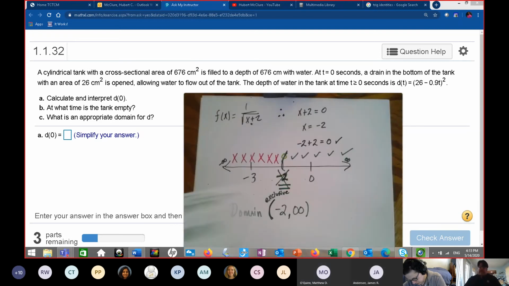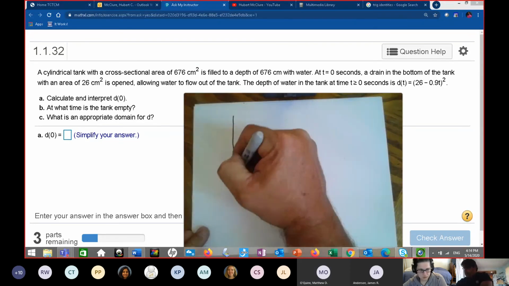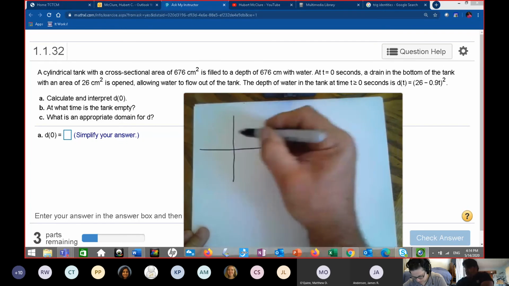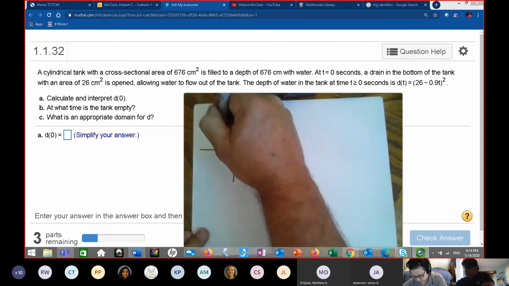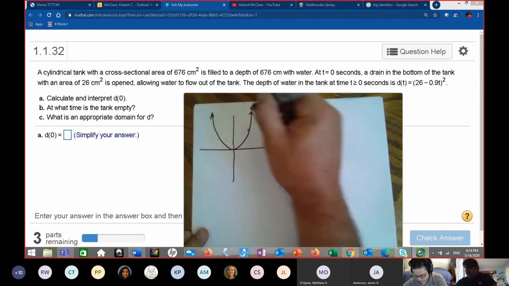Now, on the other ones, and this is where you get to the family of graphs, because when you get to the family of graph homework questions, they're going to ask you stuff like vertical and horizontal shift, domain, range. So if I give you this function, and I say, and I give you a note,